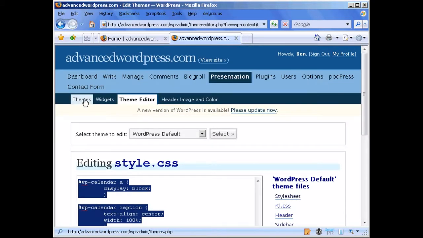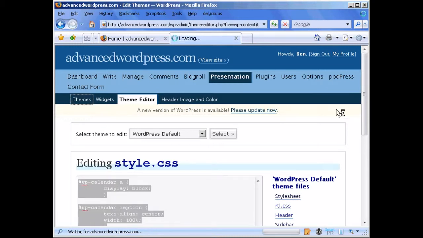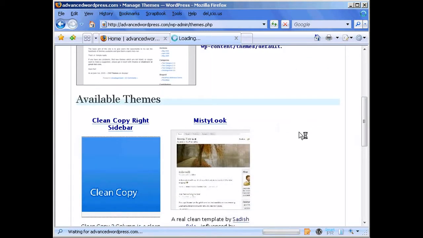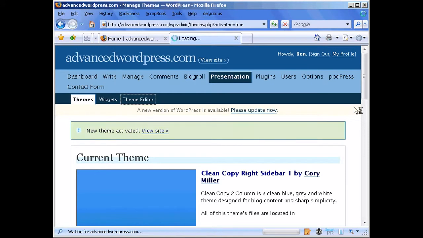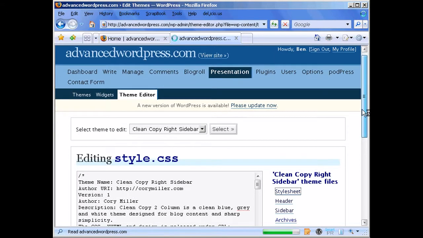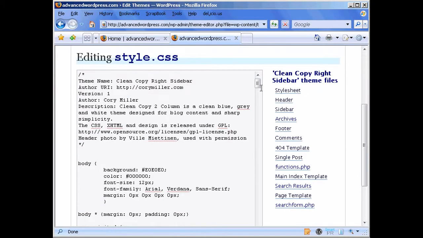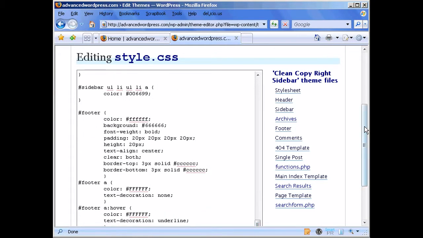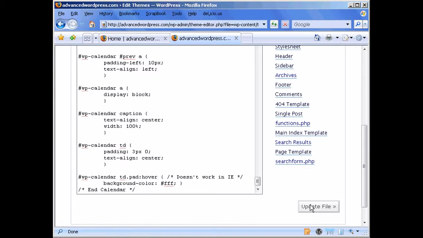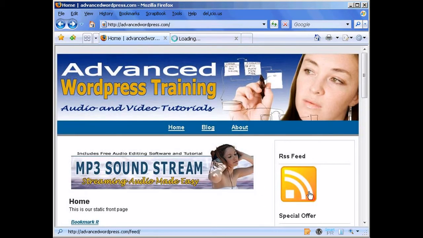go back into our themes, choose our clean copy again, go to our theme editor, go to our style sheet, which it's already on, and just add that calendar to the bottom here. Control V, update the file, and now when we go back and refresh that,